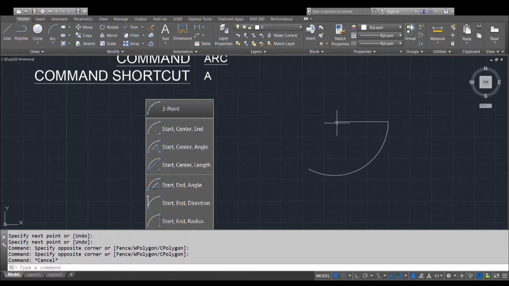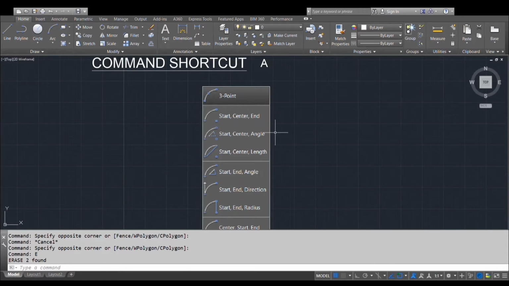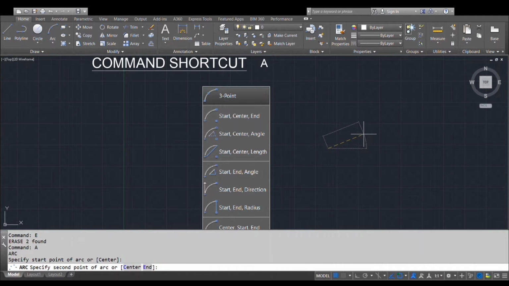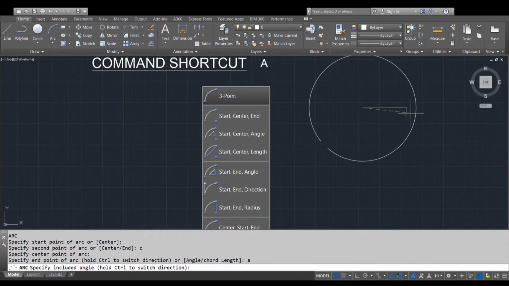Next we are going to see about start, center, angle, arc. Shortcut for arc command is A enter. Then you have to specify the first point. Here I am specifying the first point. Then I am giving the center somewhere, and I am again clicking A enter for angle.